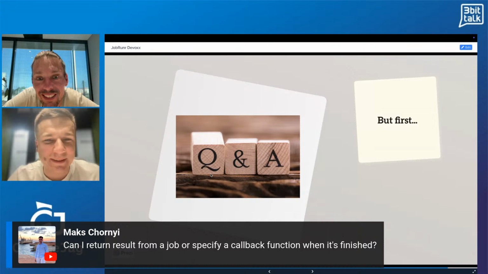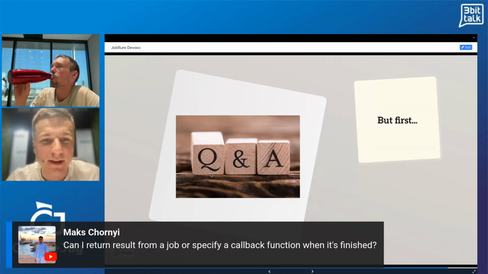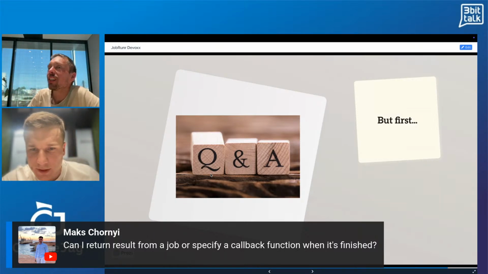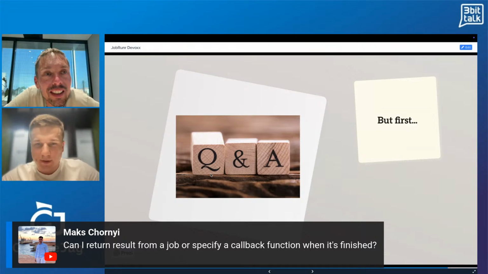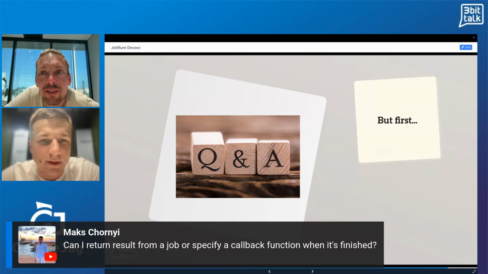Yeah. Let's go to the next question. And interesting question. JobRunner has made distributed background job processing easy with Java, but how do you plan to keep JobRunner competitive as cloud native, serverless, and Kubernetes native platforms like AWS Lambda, Google Cloud, etc. continue to evolve and reduce the need for traditional job queues?